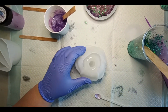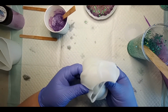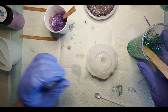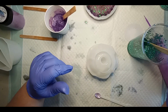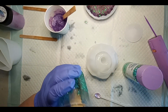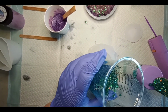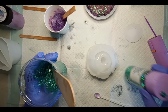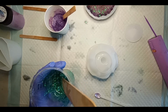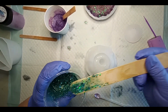Spray around with some alcohol. Give it a squish. Okay. Drop on that. Now,